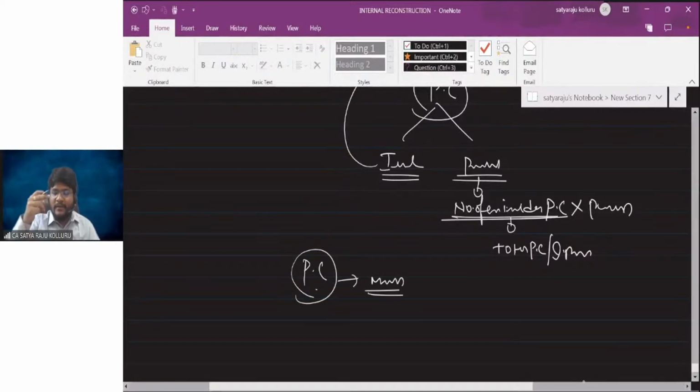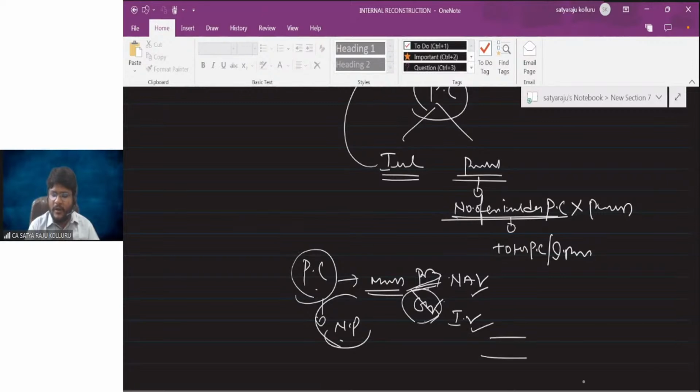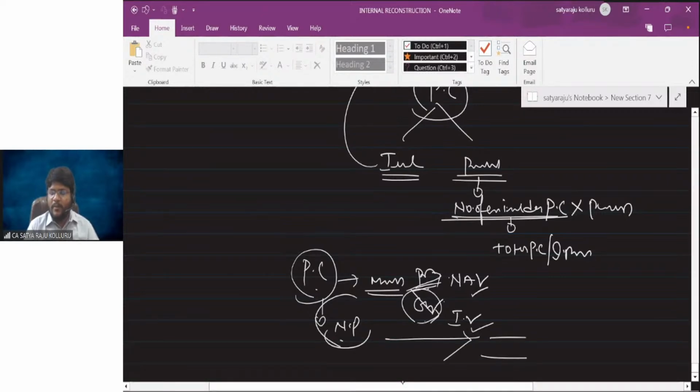And one more thing, in problems we've seen, sir, while calculating PC, multiple methods can be used in a single problem. Multiple methods means for knowing payment to preference shareholders, you may apply NAV, and for knowing payment to equity shareholders, you may apply the intrinsic value method. Yes, ultimately, what is the method of PC, sir? The method of PC is the net payments method only. Because if you ascertain the payment payable to preference shareholders and the payment payable to equity shareholders, the method of PC is always net payments. We've seen some questions like that also.